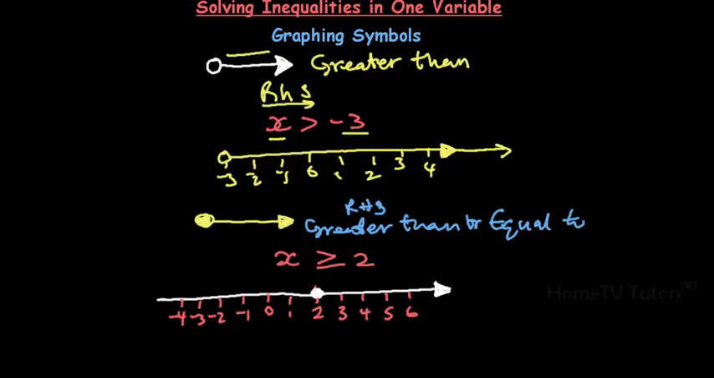x is greater or equal to 2. So we have a closed circle on 2 since x is equal to 2. Then we draw an arrow to the right to indicate that it can be any number greater than 2. Okay,